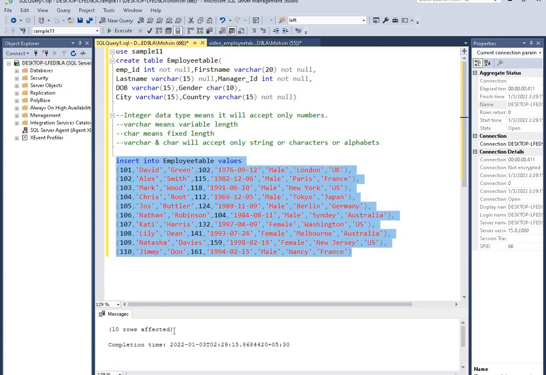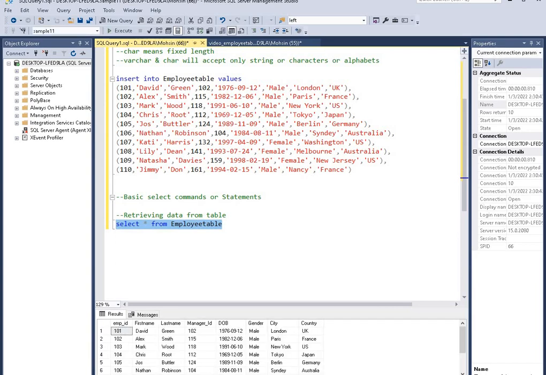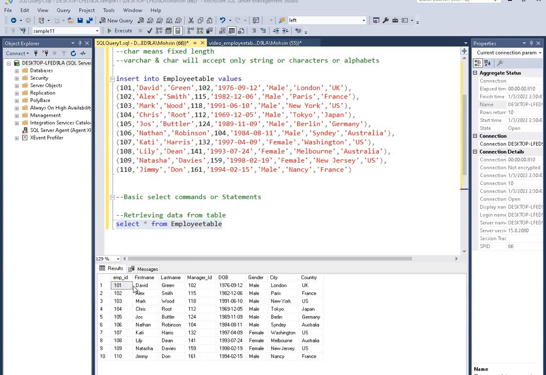Now if you want to retrieve the data from the table, select star from table name. Here our table name is employee table. Select and press F5. You can see the table details: employee ID, first name, last name, gender, date of birth,